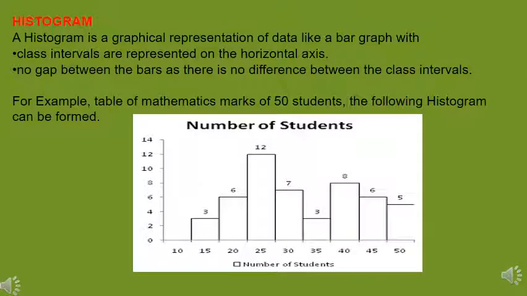Students, after linear graph and Cartesian plane, here we have discussed histogram. A histogram is a graphical representation of data using bars of different heights. It is similar to a bar chart, but a histogram groups numbers into ranges. The height of each bar shows how many fall into each range. For example, a table of mathematics marks of 50 students we will represent using the histogram. So we will show information using bar graphs by displaying it in ranges.